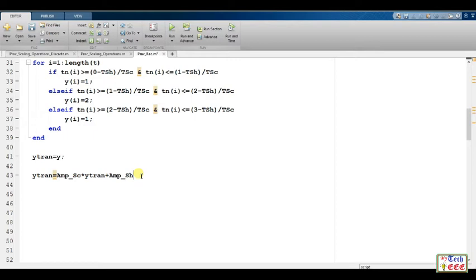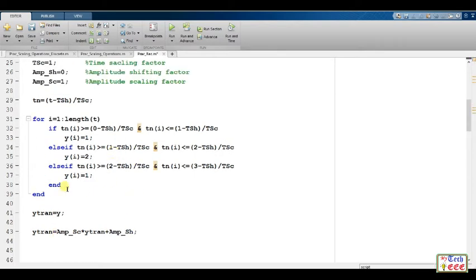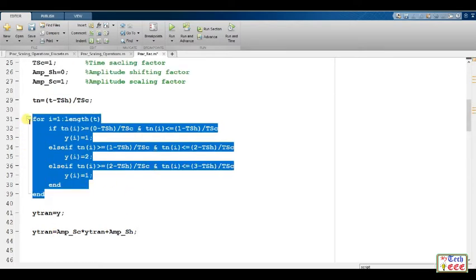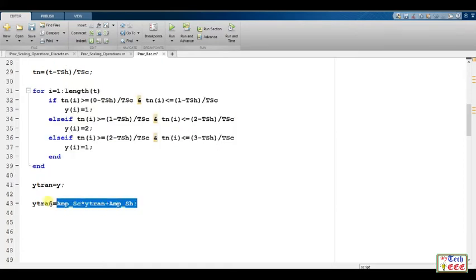That's it. We have performed the complete time scaling and time shifting operations here, and the amplitude scaling and amplitude shifting factor here.